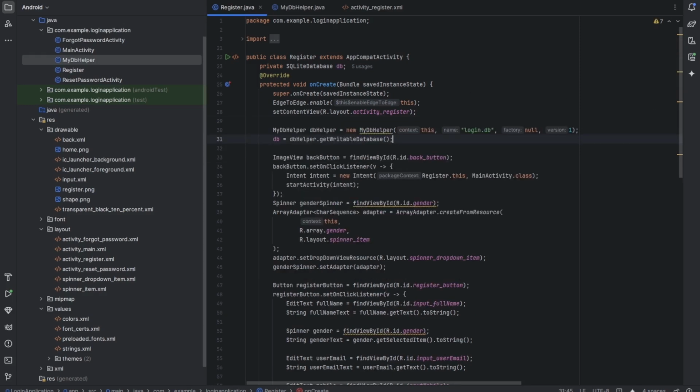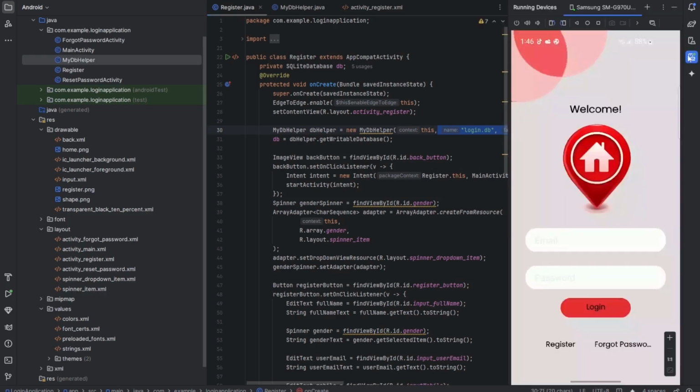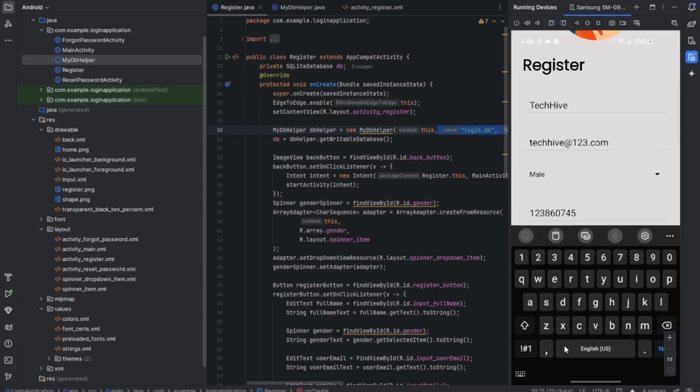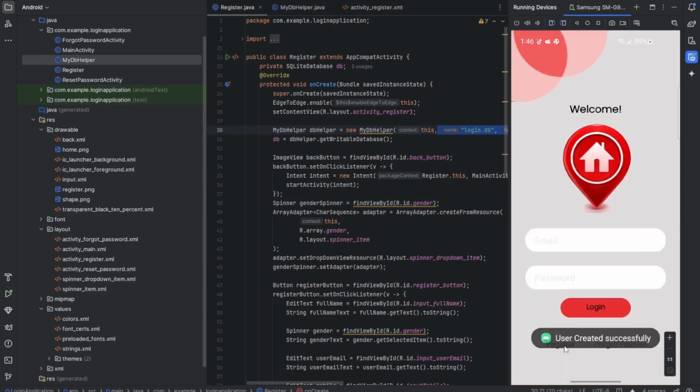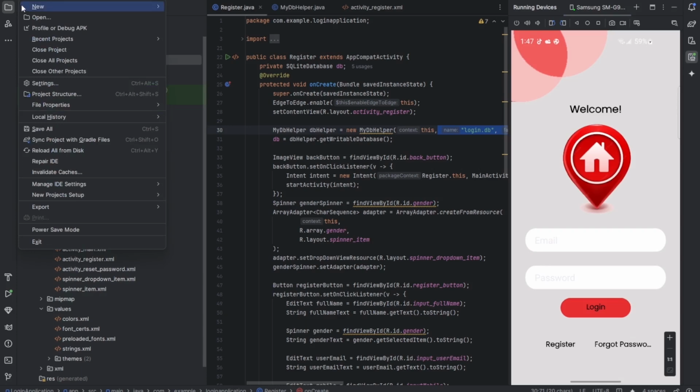Yeah. My DB helper, new my DB helper. No need for this. Okay, let's run this. Then we can fix the scroll issue. Password 1, 2, 3. 1, 2, 3. User created successfully. So that works. So let's just see